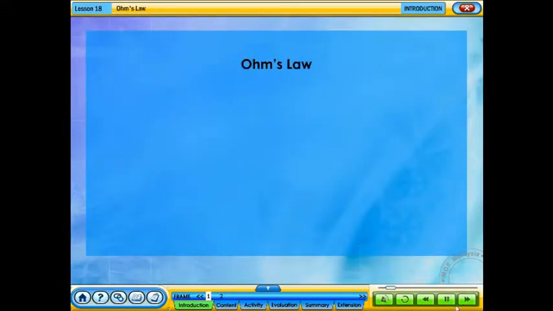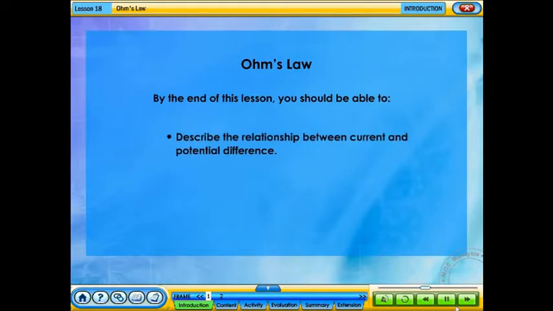Ohm's law. By the end of this lesson, you should be able to describe the relationship between current and voltage, state Ohm's law, define resistance,